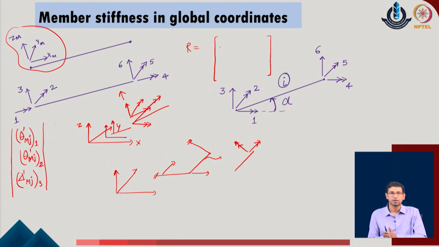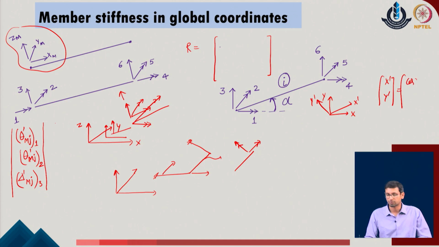So at any point, the contribution which I am going to look for, the moments in the local and the global direction, will simply transform like what happens in the simple 2D plane. If in a 2D plane I have the x and y axes, and I bring new axes as x prime and y prime, I can simply give the relationship that x prime and y prime are defined in terms of the original x and y through cos alpha, sin alpha, minus sin alpha, cos alpha.